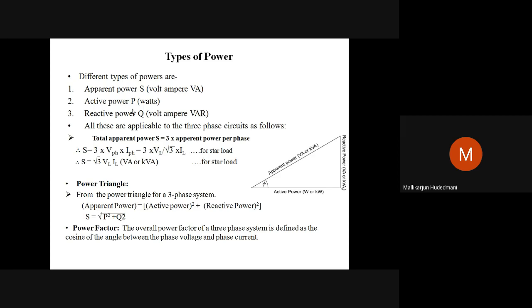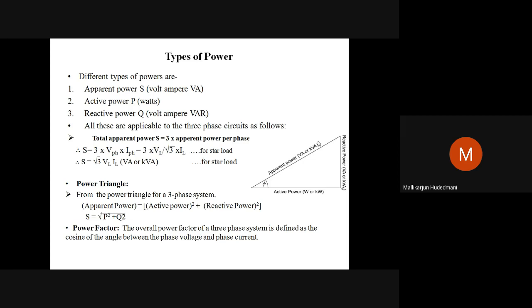In case of a 3-phase AC circuit, like a single phase AC, we have a power triangle, which is a right angle triangle. The adjacent side of that triangle is called active power, in terms of watts or kilowatts. And this is called the power factor angle. Opposite to this angle, we have the reactive side, in volt ampere reactive or kilovolt ampere reactive. Then this is called apparent power, in volt ampere or kVA. So active power, reactive power, apparent power. It was the same kind of concept we studied in single phase AC, but now the dimensions are different.